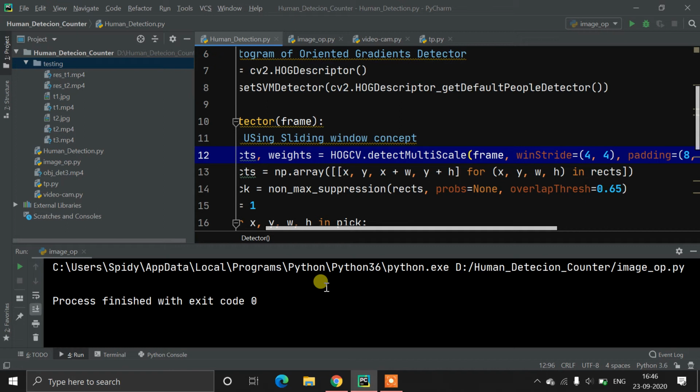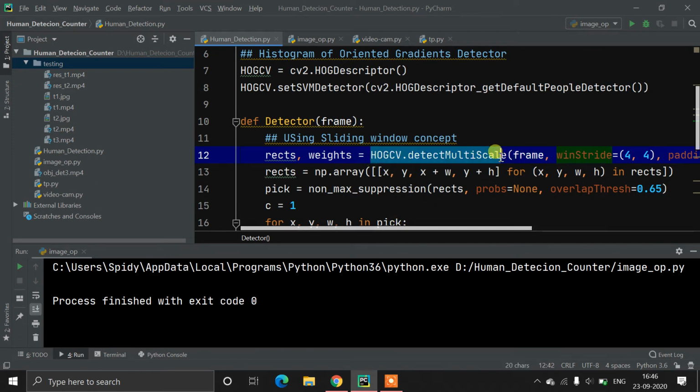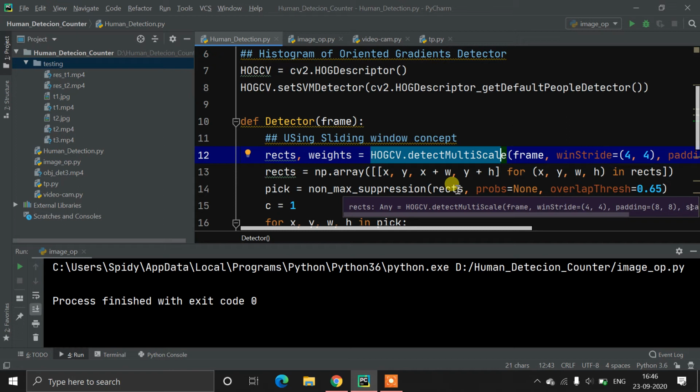After left to right it will go top to bottom. So it will scan the whole image using that rectangle. We are giving the size of the rectangle here, and with this code we are initializing our object. That's how we can detect our object using detectMultiScale. It will detect multiple objects from the images.